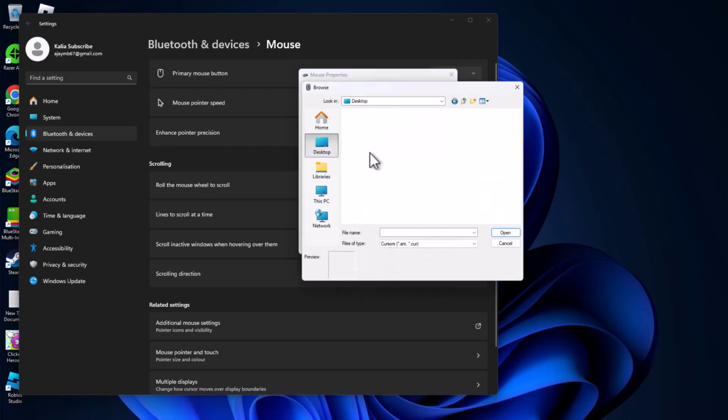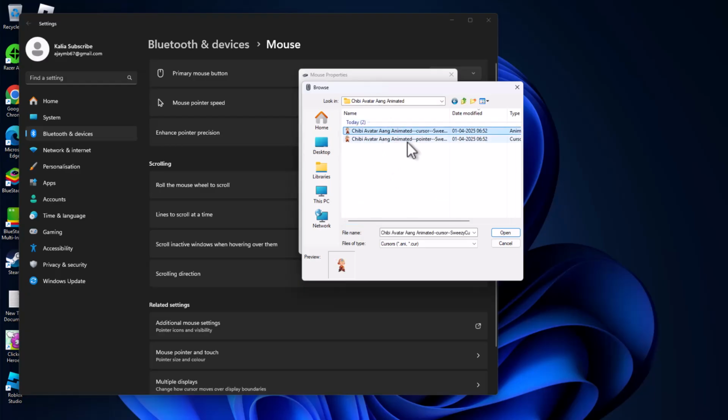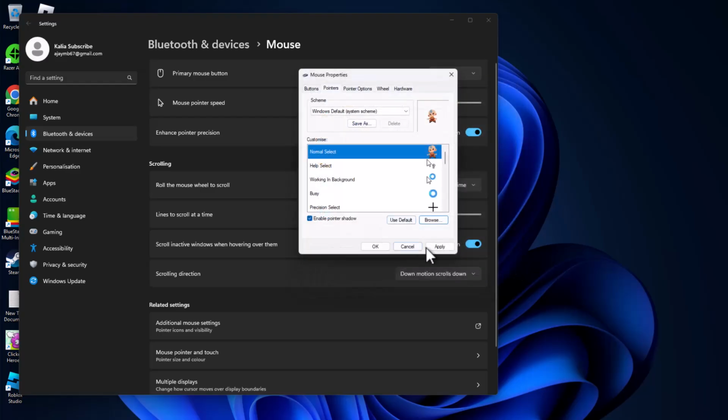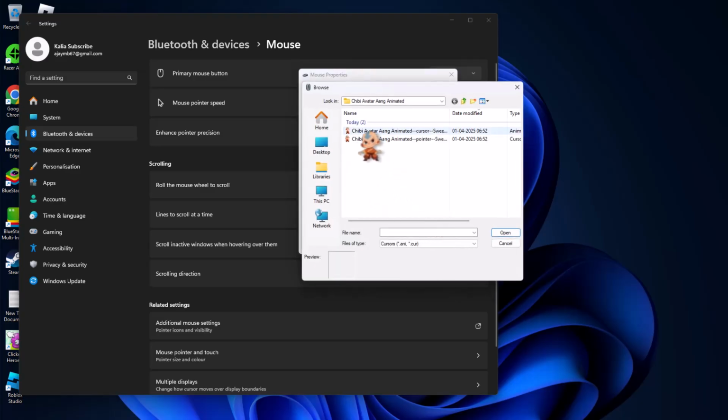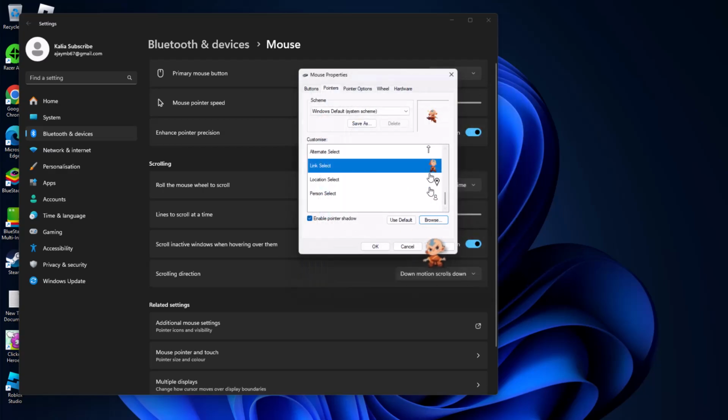And now you just need to go to downloads and double click on the folder and select the normal icon and select open and select apply. And now you just need to scroll down and click on link select and select the browse option. Now you just need to select the icon with the action and select open and select apply and okay